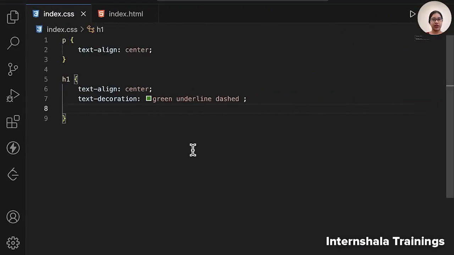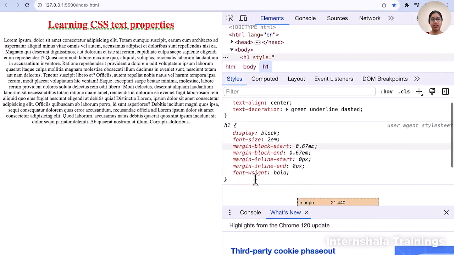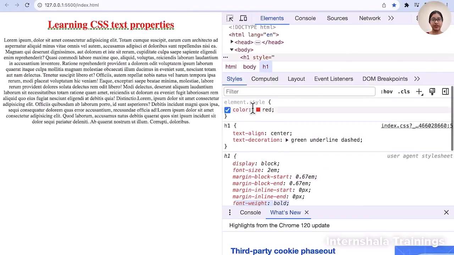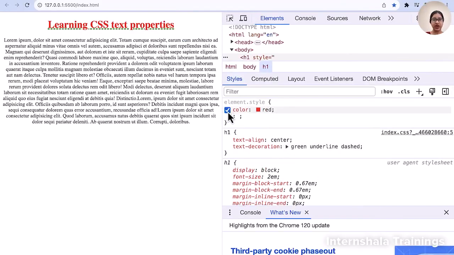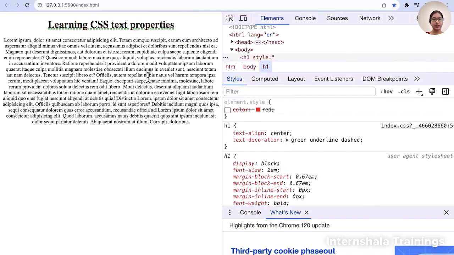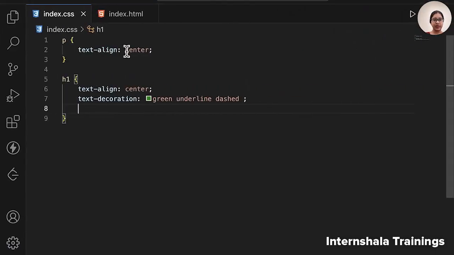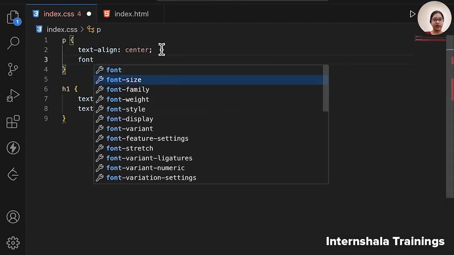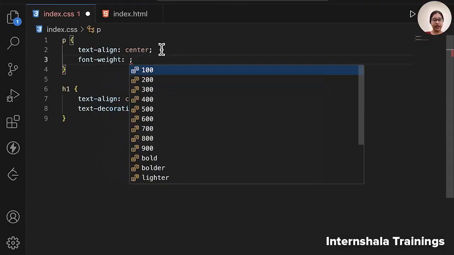in your CSS file. Okay, so by default, we know that font weight is bold, but we can change this font weight. For the header H1 we don't want to, but suppose for a paragraph, or for other elements, like this paragraph, we can specify font weight. Font weight can have a range from 100 to 900. 100 means the lighter version, and 900 means the boldest. So this is from light to bold. And then you have this property, bold.